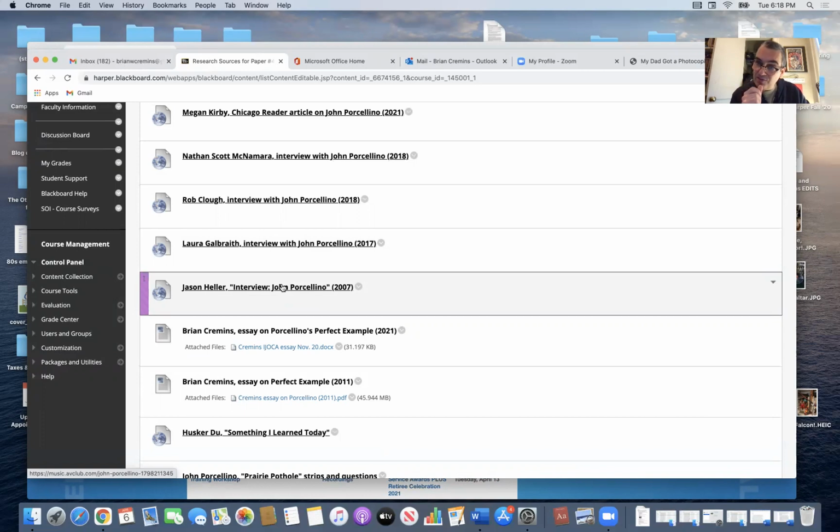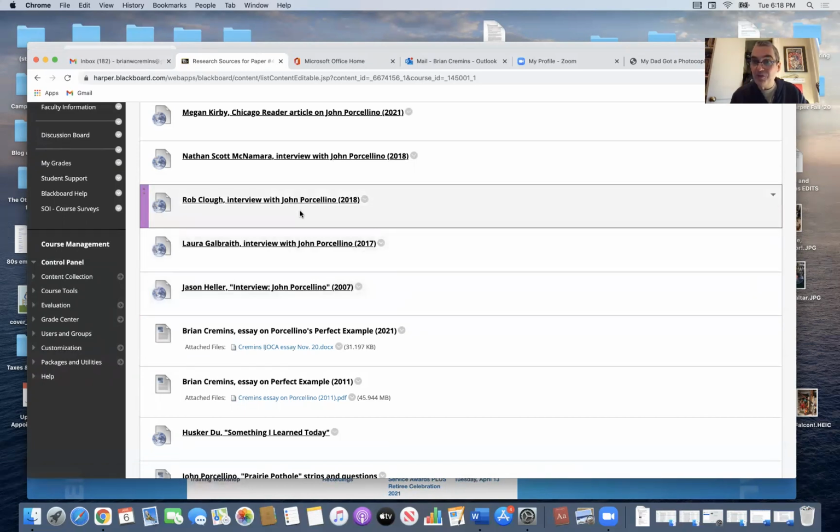And when I reread that interview, I said, oh, okay, wait a minute, this is interesting. This is going to set me on the path that I need to be on. And then the Rob Clow interview. And from there, I found all these other sources, again, way more than you need to use for this paper, because I knew I was going to be publishing this. And so I started finding all the